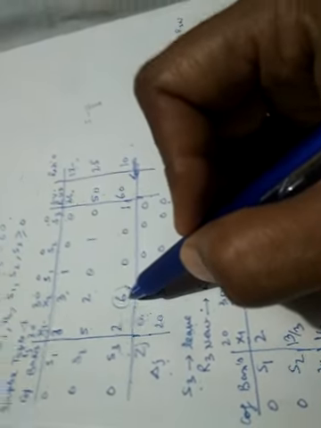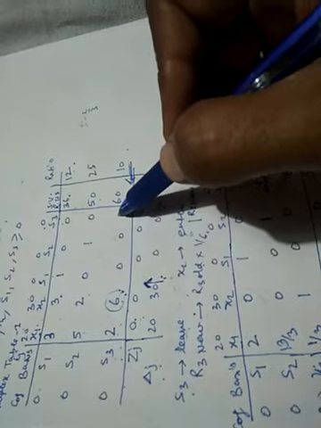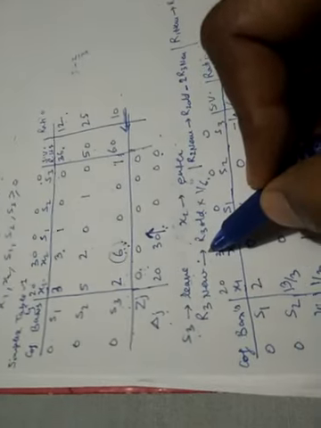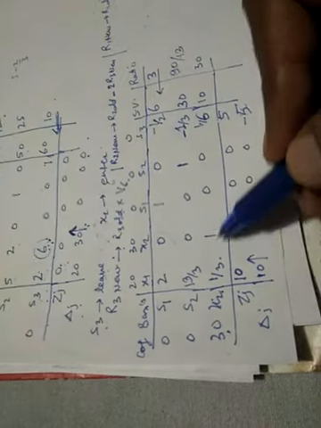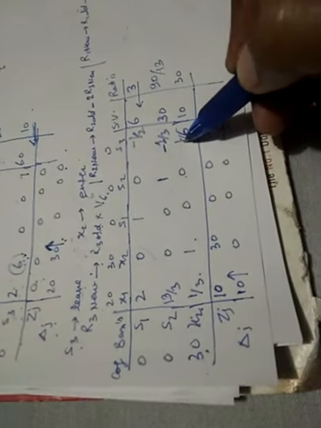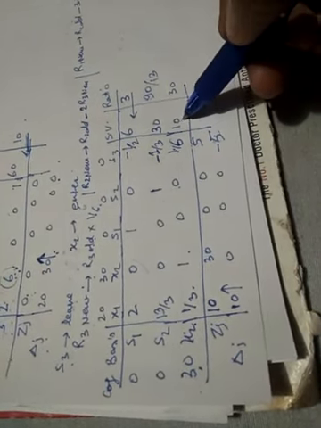row by key element. You can say, like here key element is 6. If we divide this row by 6, here you will get 1. So this is the first thing we are going to do. So for that I have written this command, that R3 new becomes R3 old into 1 by 6. So if you divide this row by 6, it becomes 1 by 3, 1, 0, 0, 1 by 6, and 60 by 6 is 10.